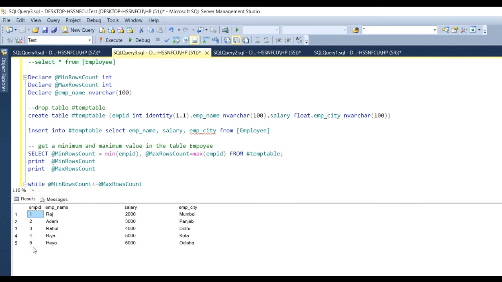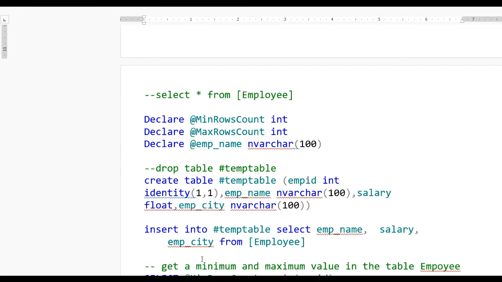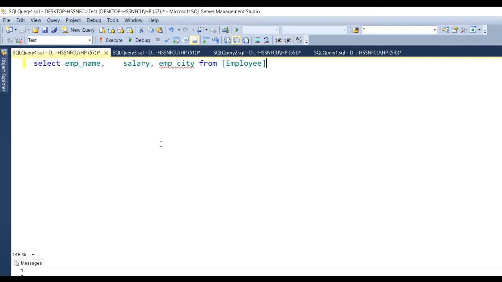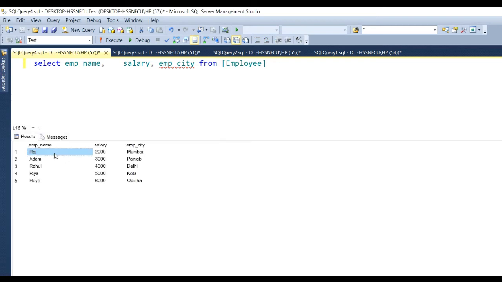Consider there is no employee ID, only I have employee name, salary, employee city. Like say that is the second example. So I have only these columns, employee name, salary and employee city. So we need one identity column which is incremented by 1.